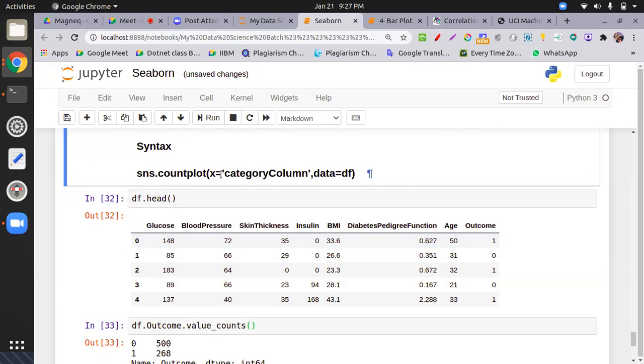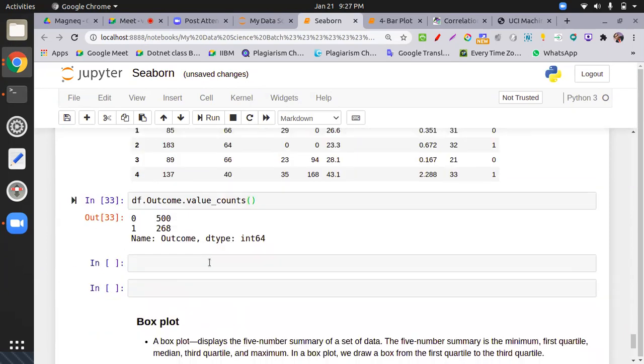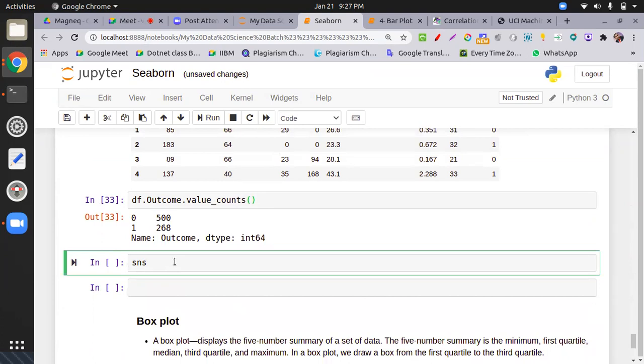You just pass the category column over here, then the data frame. So SNS dot countplot, then the category column, x equal to outcome, and data equal to df. Keep in mind, data is a keyword for data frame, hue is a keyword for category column.